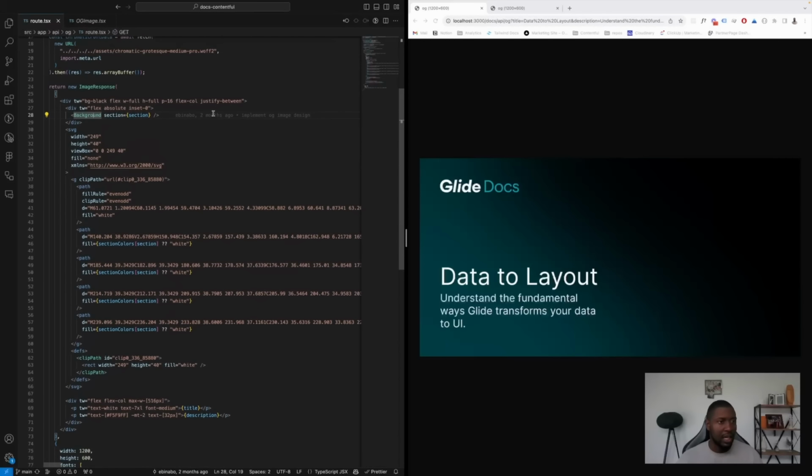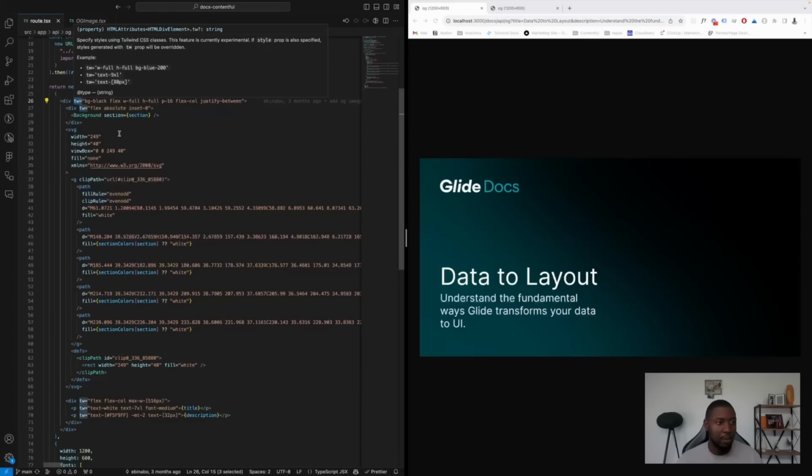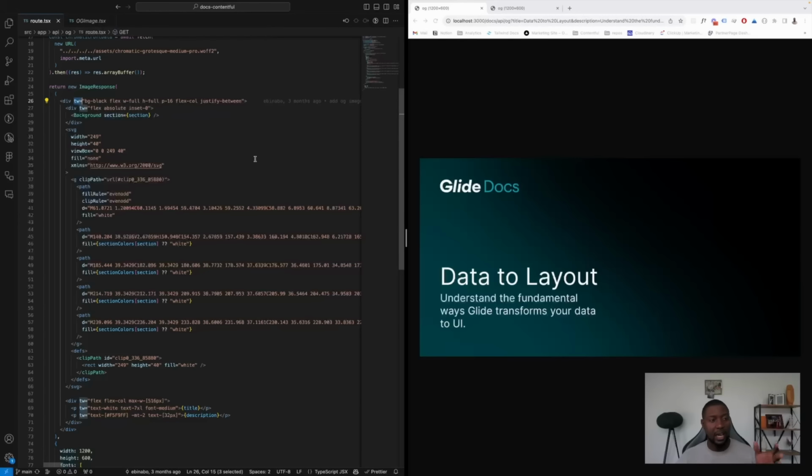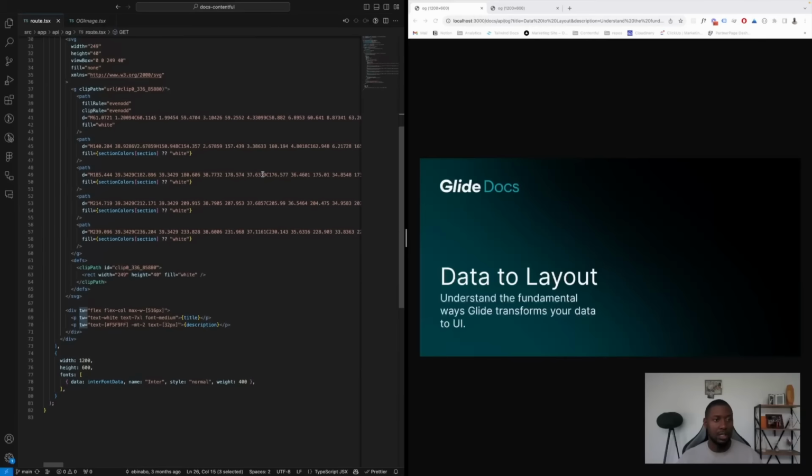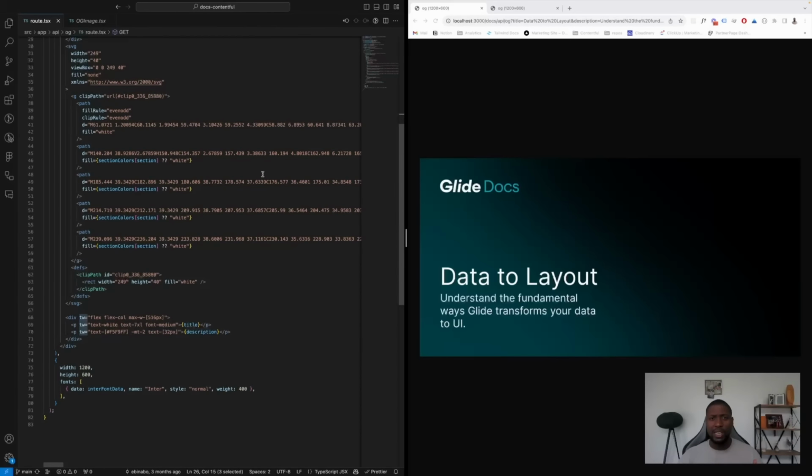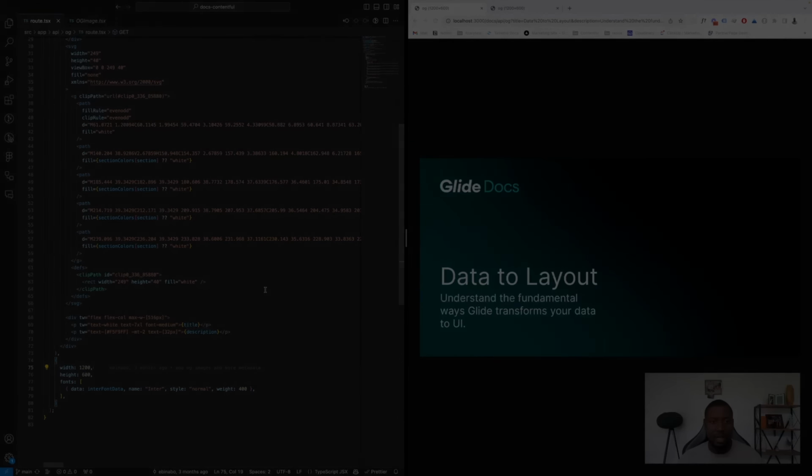And another thing that is great about this section is we have the TW prop, which lets us use Tailwind classes even in this file, which is also a benefit that helps us use the same CSS that we're using in the code base to render our OG images. And then the last thing that we have to do is set props for width, heights, any custom fonts that are being loaded, and the weight of the fonts, their style, and the name. Yeah, I'll move on to the next section.